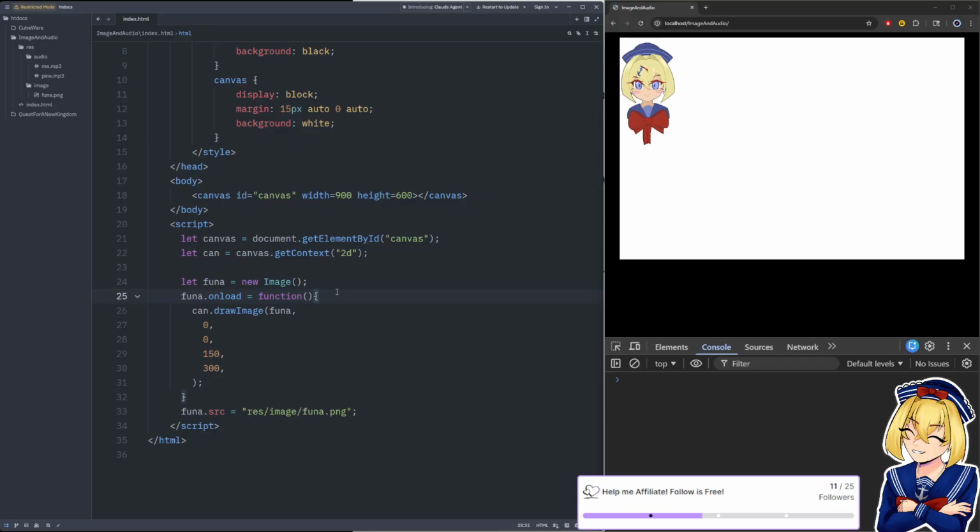So the reason it doesn't work if we put the source in here is because as soon as this runs, we've already loaded the image into memory, and so we haven't added this listener yet. So this is never going to trigger, because the image has already loaded before we're listening for it to load.